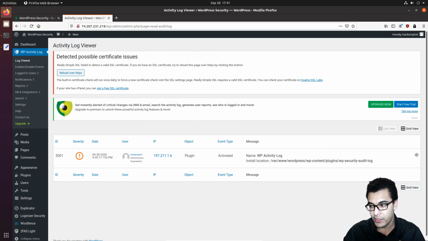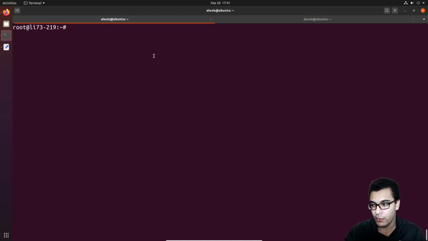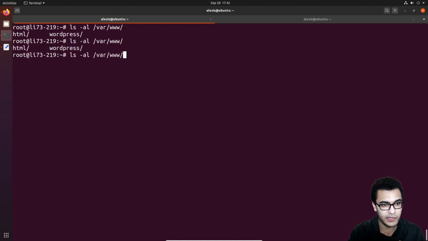Right, okay, we can now move on to some more interesting aspects of WordPress security, and that is working with the web server technology, and in our case, that's going to be Apache. So let's go back into our terminal, and the first thing we want to do is go into the default directory. So if I list out ls -al /var/www, and it looks like we have the WordPress